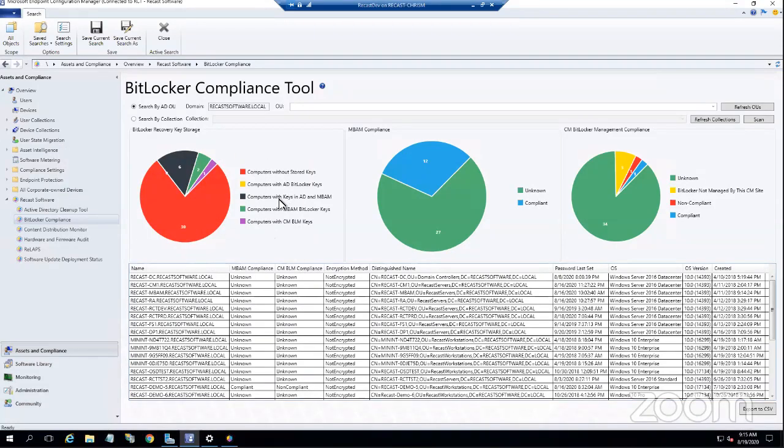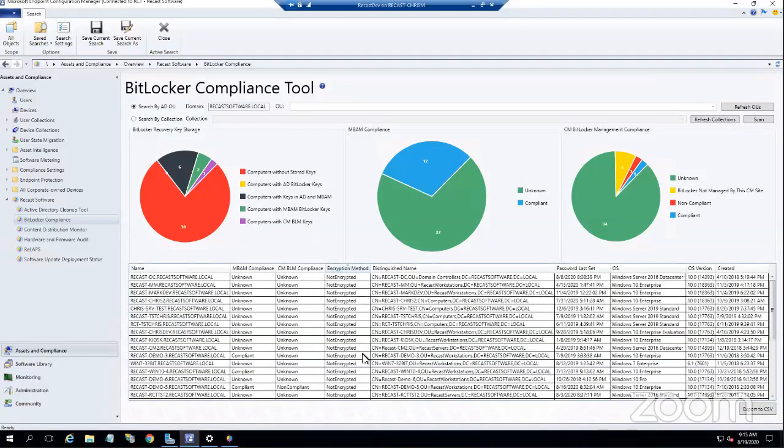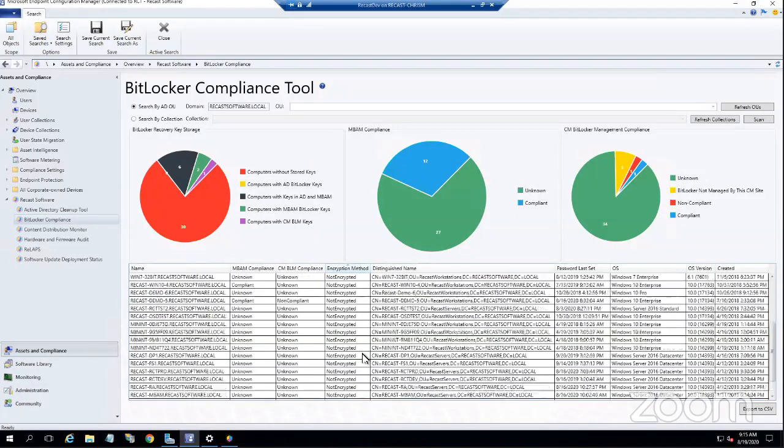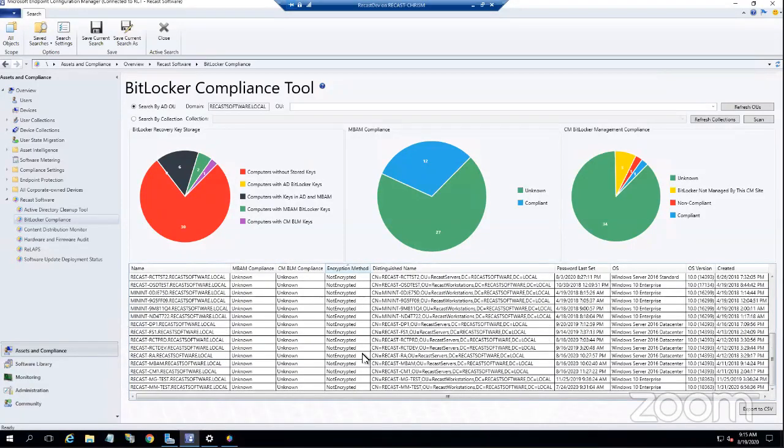We have combinations for all of the permutations that are available for those three compliance options: compliant with BitLocker, compliant with MBAM, compliant with CM, non-compliant with BitLocker. And probably the most interesting thing here is the computers without stored keys. In particular, if I sort by this encryption method column, if I see any devices that don't have stored keys